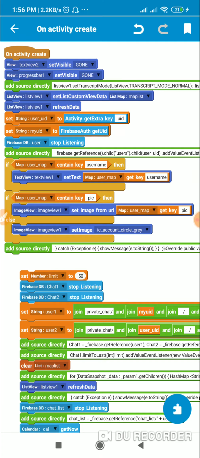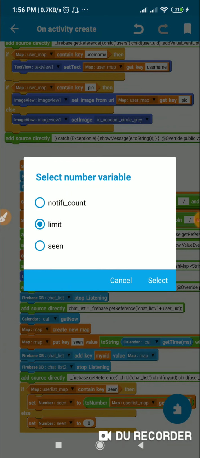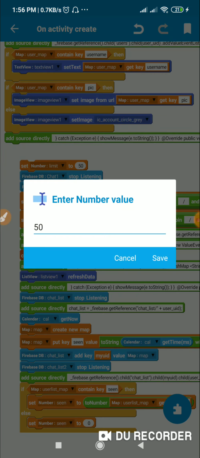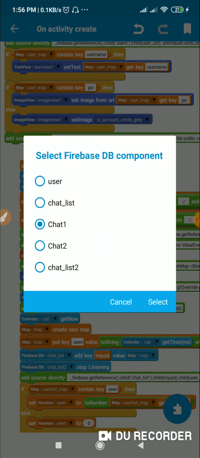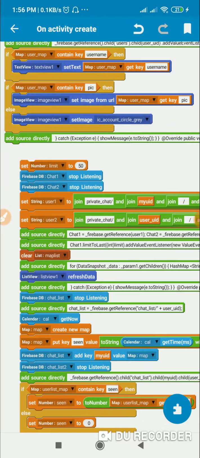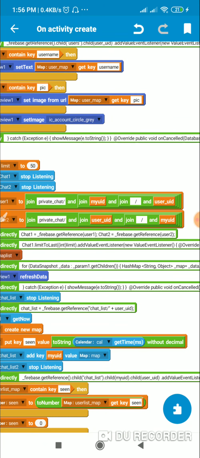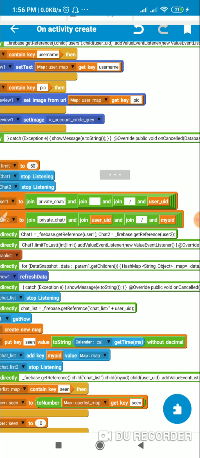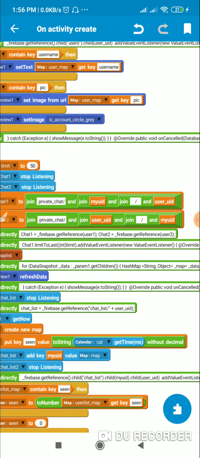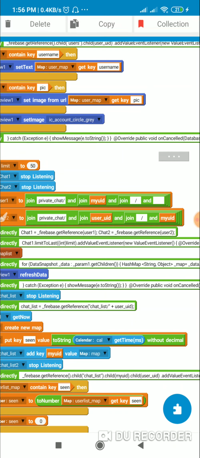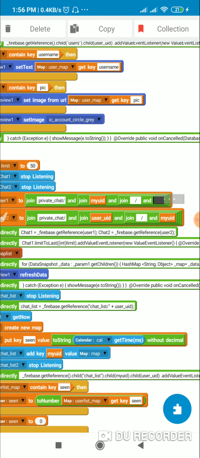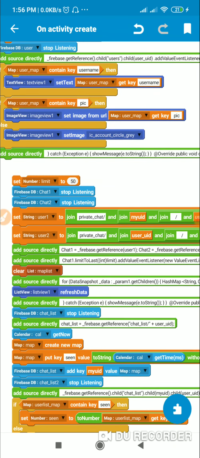So first I'll set a number variable limit to 50, and I add chat1 stop listening, chat2 stop listening, then set a string variable user1 to private_chat/my_UID, which is the UID of the current user, /user_UID, which is the UID of the second user.